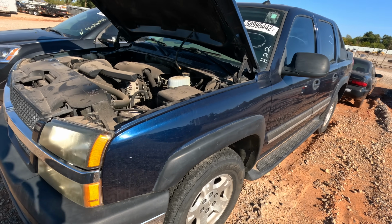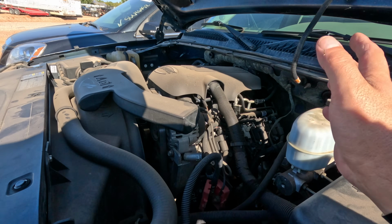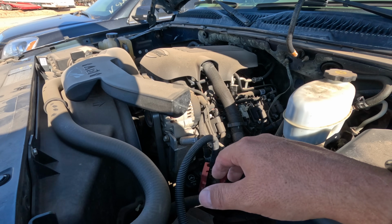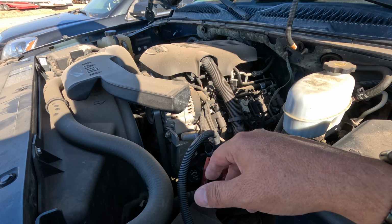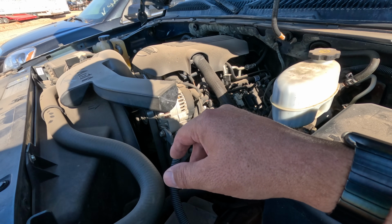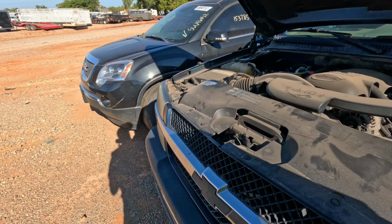I'm not going to. I know I could hook a jump pack up and we could try to crank it. Obviously, with six spark plugs removed, it ain't going to run. But the fuel system is probably still going to dump fuel, and we could end up washing out the cylinders. I don't want to do that, so I'm not going to mess with it. But $4,000 though, I'm thinking